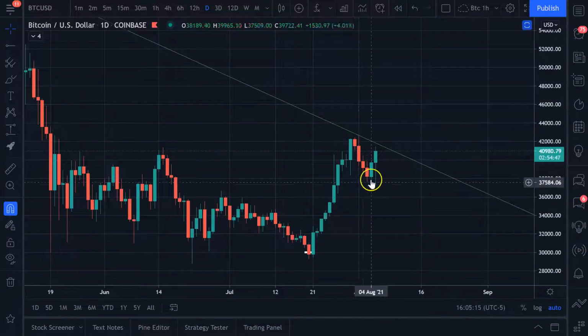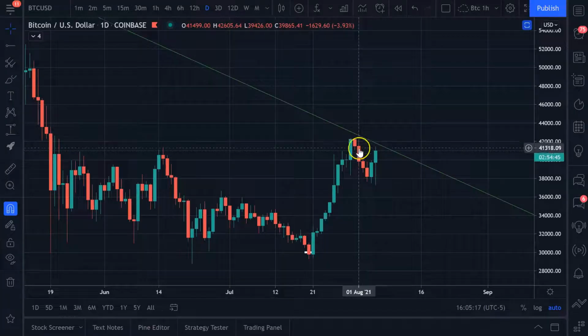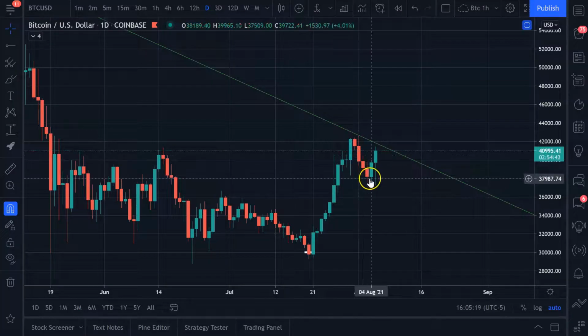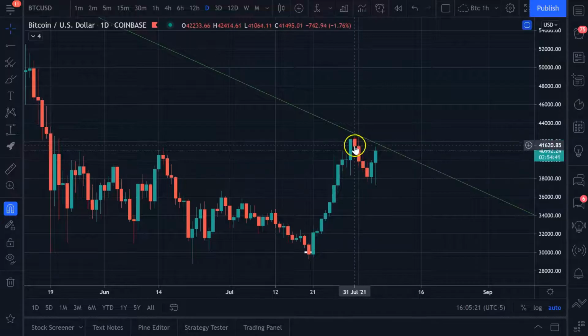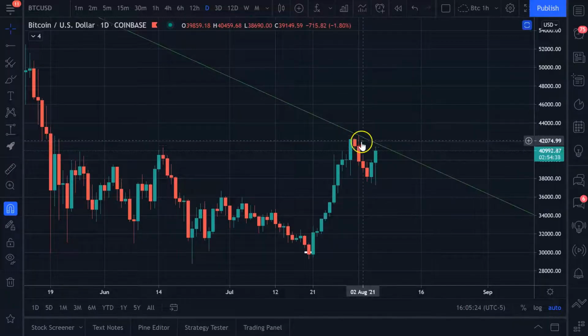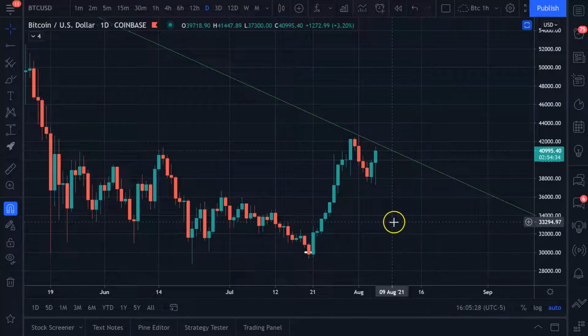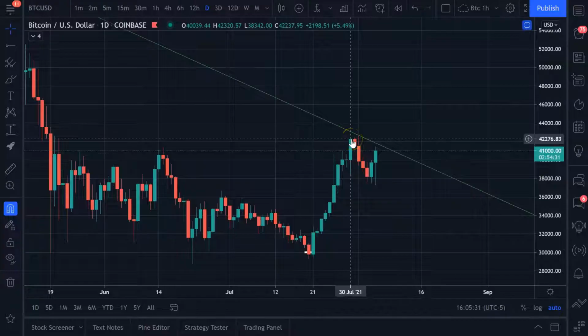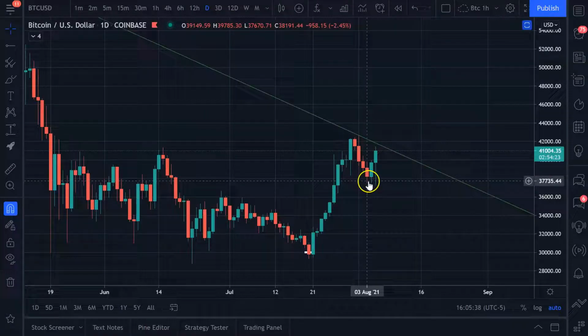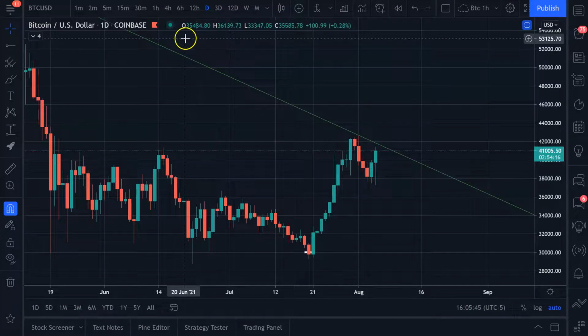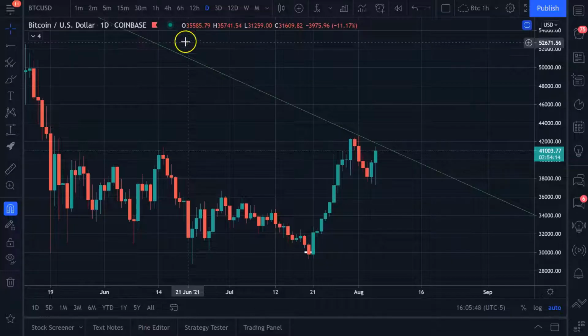So long story short, it bounced off of that, it comes down. So when it's moving down like this, right, there's no reason to really have a bias at this point, not long and not short, because yes, this could actually be a true rejection. And yes, this can continue going way down. That's possible, but it's also completely normal to get that initial bounce back off of it, or that initial pushback, okay, which is what this ended up being. So I would be kind of neutral seeing something like this. So what I would be doing is looking at the smaller time frames to give me an idea of whether I wanted to be long or short.